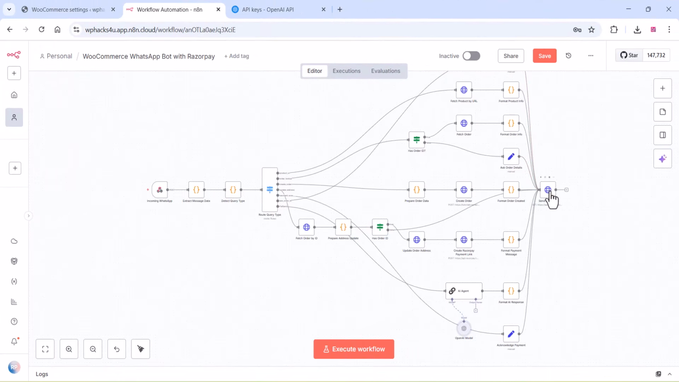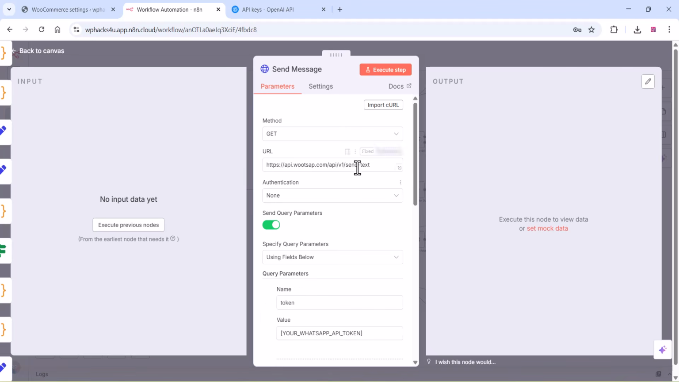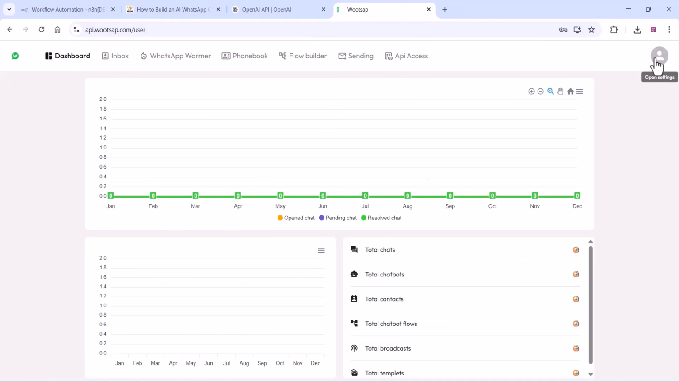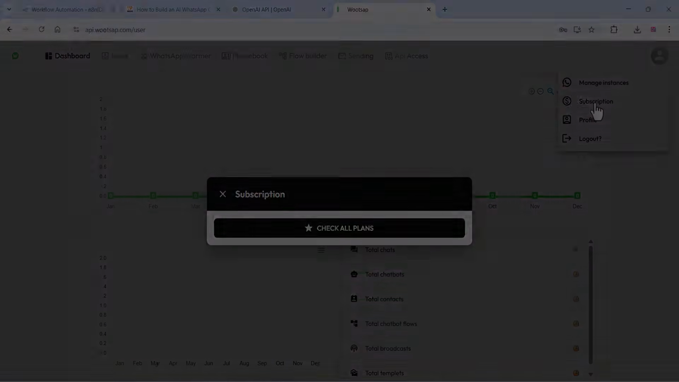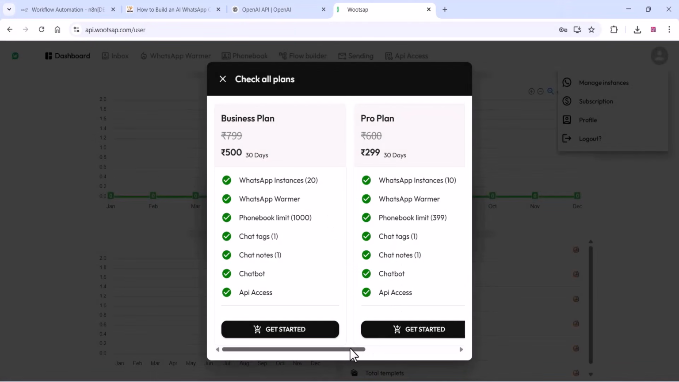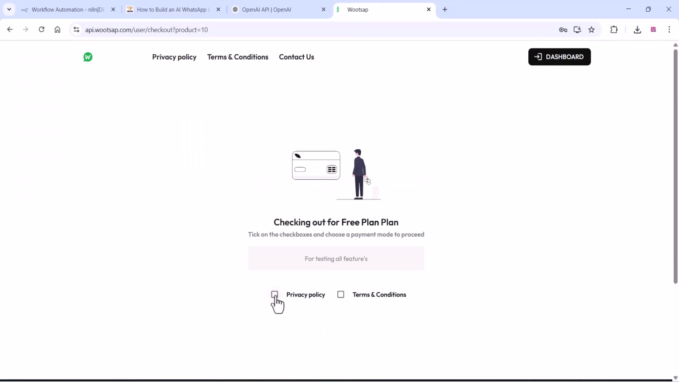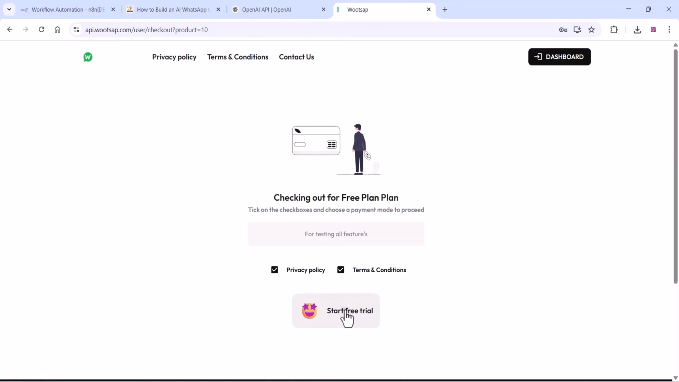And this is the final and important step. Open the send message node and go to this website api.whatsapp.com and get an account there. Click on the subscription section and you can sign up for a free plan. Click on get started and you can just complete these options and you can start your free trial,